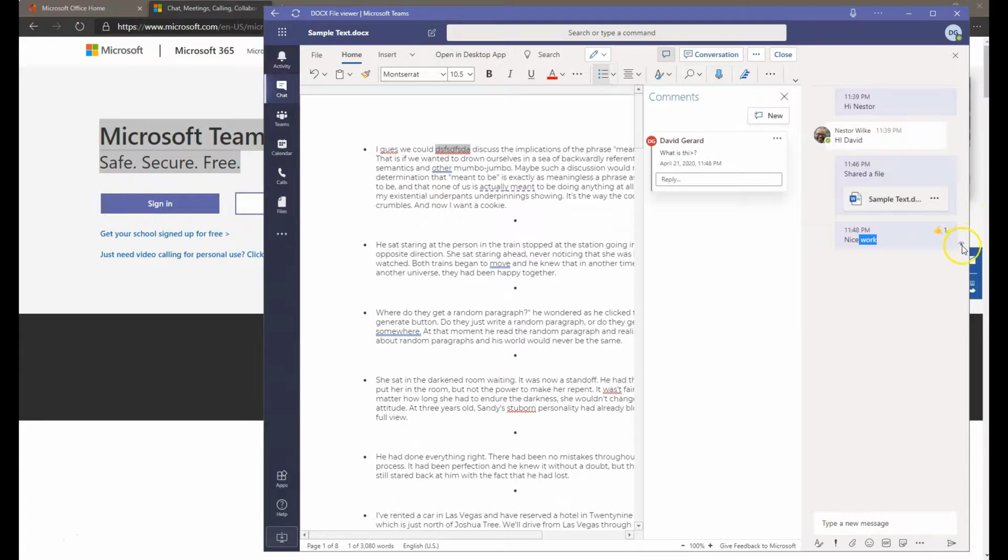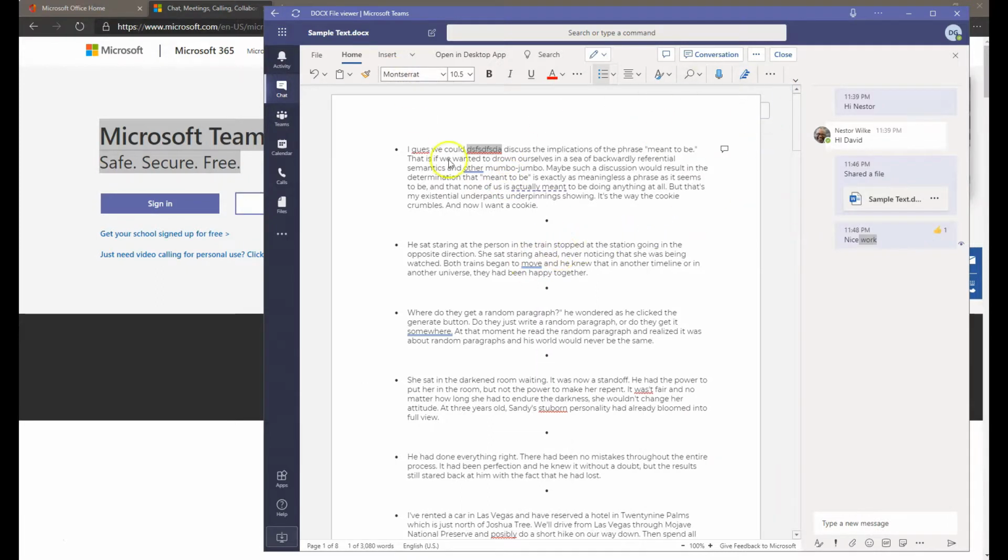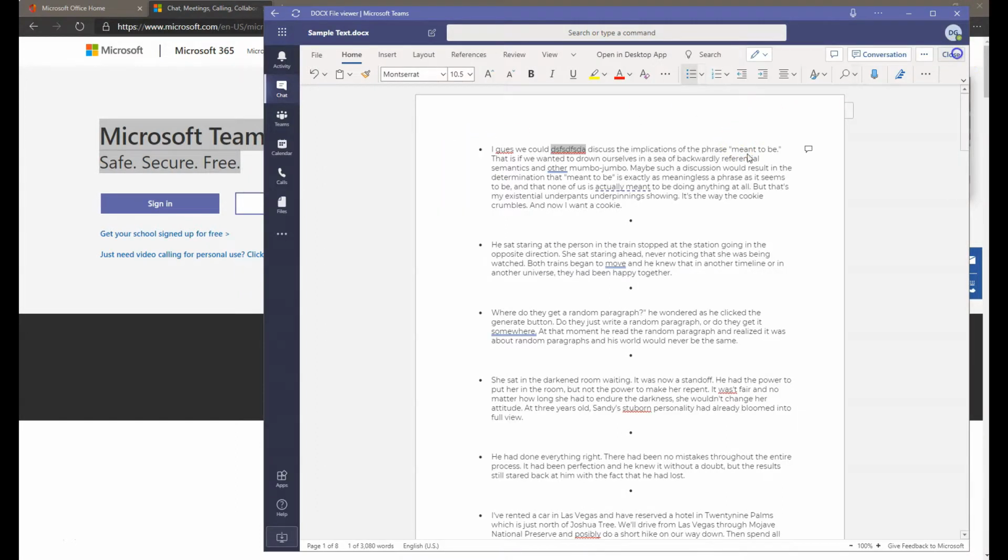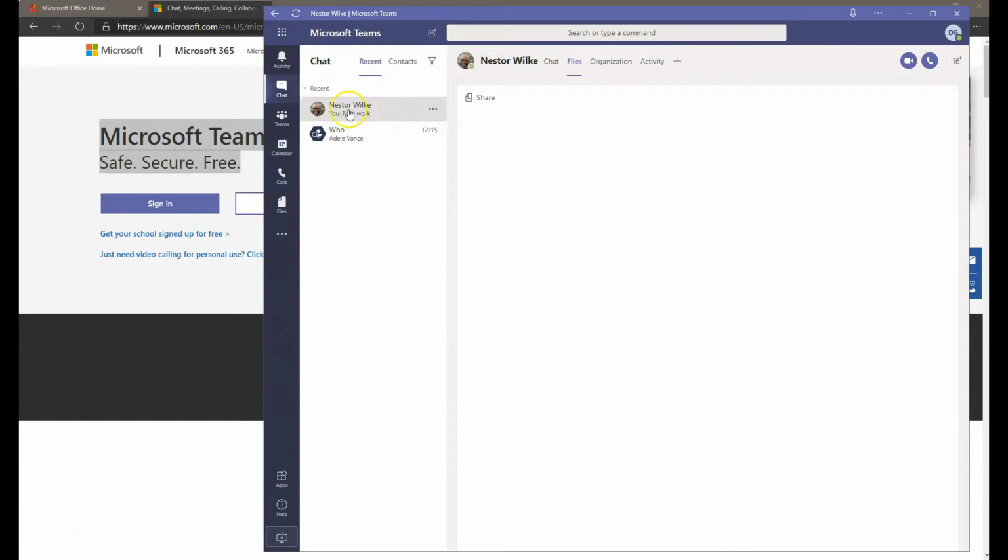We can see also there is a little icon of an eye that shows that he has seen the content and actually he has also liked it. So we can close that comment and close that file. To close it, we can simply click on close here